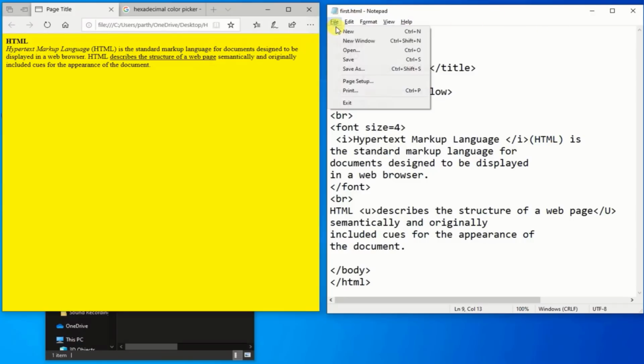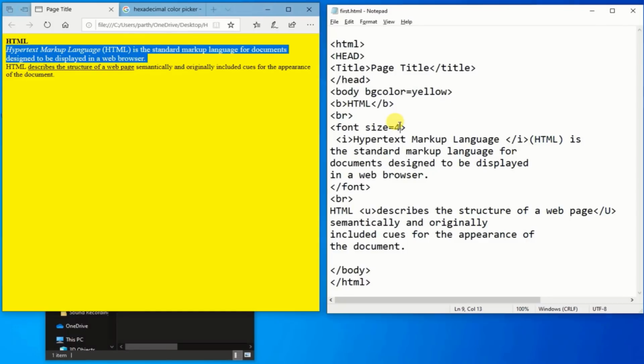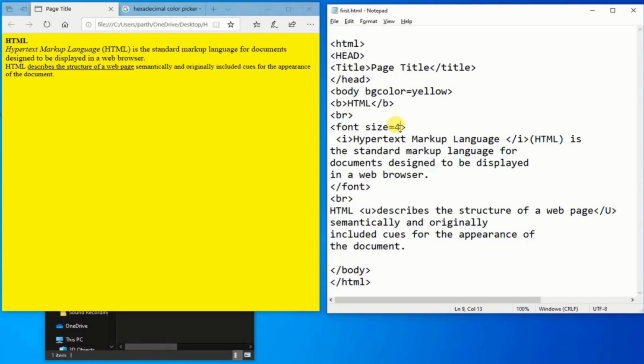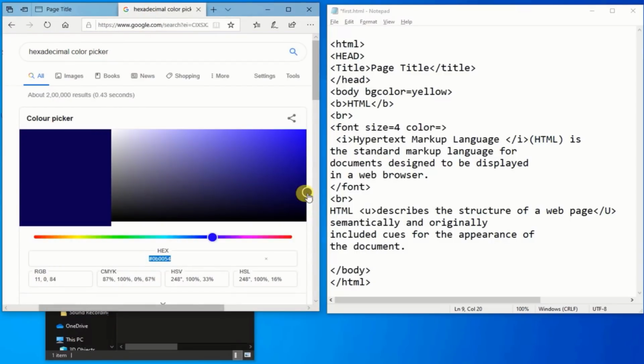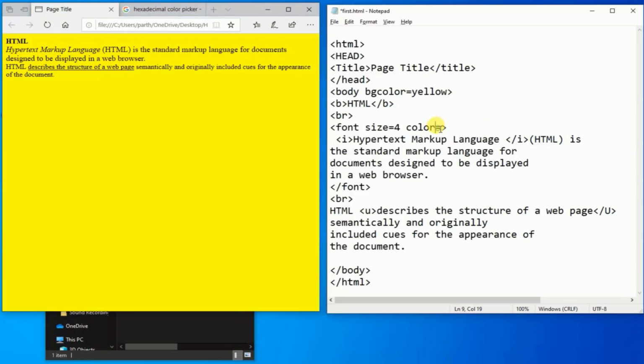Have a look in the browser that our font size is increased, as the default value is 3 and our value is 4. The color attribute is used to change the color of the text. This time we are going to take the hexadecimal value rather than the name of the color. For a hexadecimal value, you can Google it. Our color picker is already opened. We will pick a color from that. Take the hexadecimal value and copy paste that in the value of the color attribute. Check that the color is changed as per our choice.